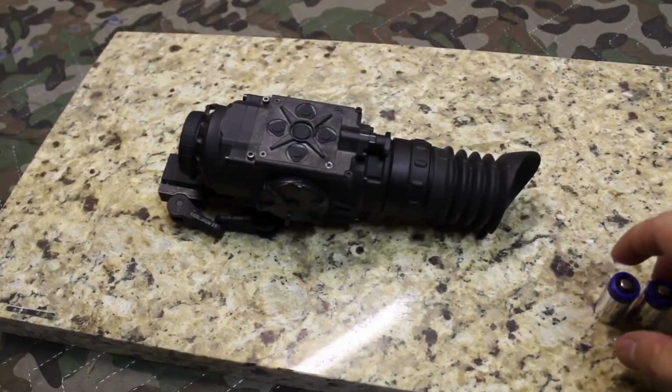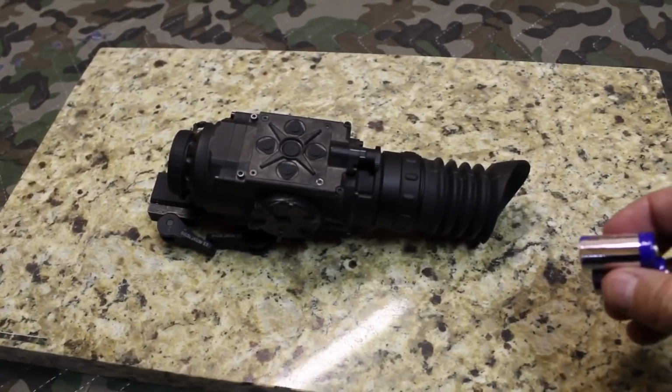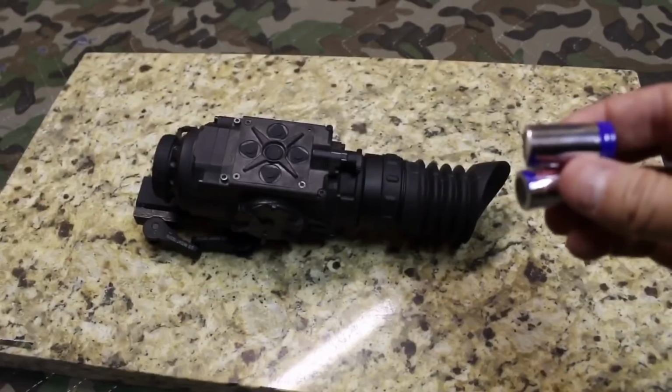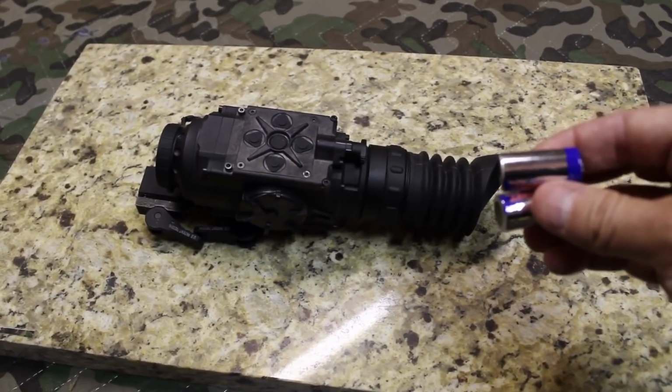So we're going to get a chance to walk around this thing, take a look at it, and then look through it. We're going to get up close and personal with it, walk around it and get a sense of what the different buttons do. But first of all, I want to let you know it runs on 2